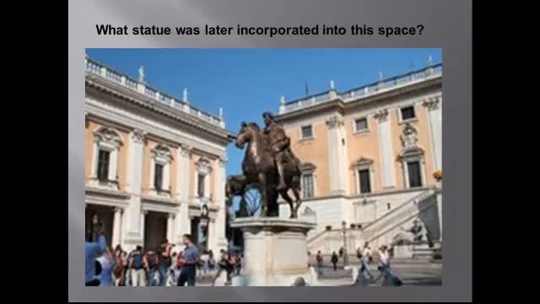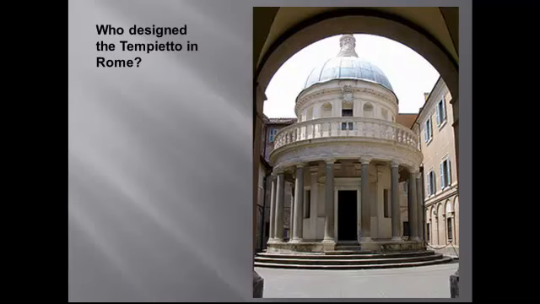So hint here, this statue was not made in the Renaissance. Sorry, now that I see this full scale, I realize the photo is a little blurry, but you should recognize it. At any rate, it's easy to find in your textbook. This is an important statue that could show up for more than one unit on the test. So this building is another College Board favorite. It's very distinctive. It's not hard to identify, but you may find the architect a little trickier. This is another one you need to know.